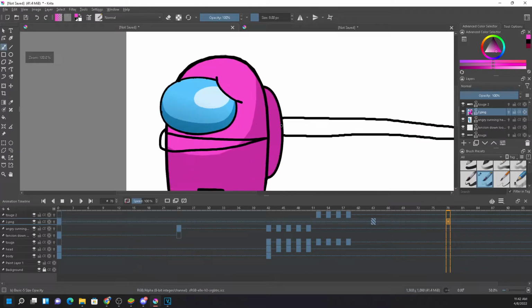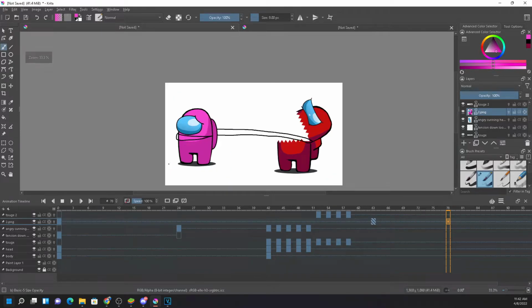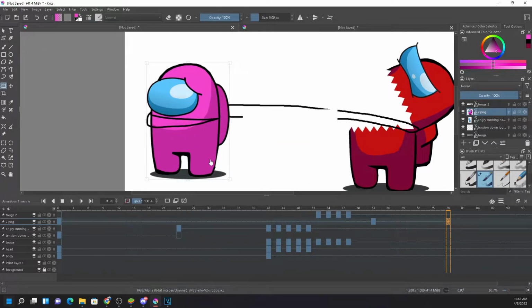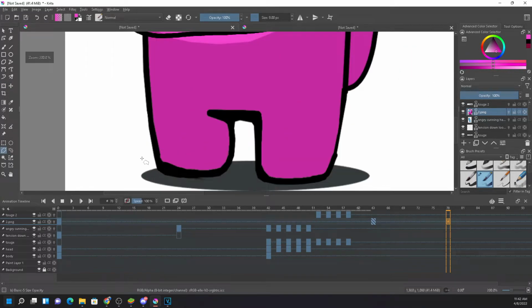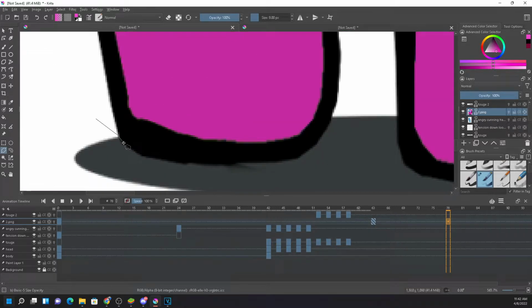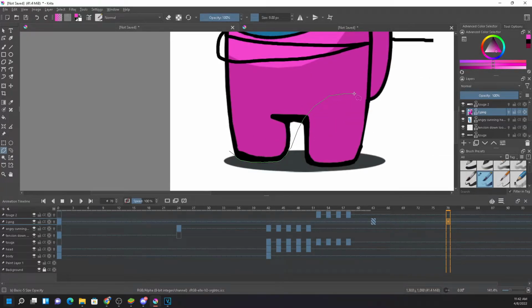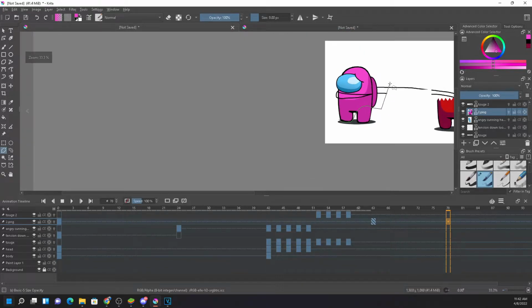if I move the tongue, you can see right now, I need to move this. You can see that I need to delete the shadow. So what should I do? I'm gonna go over there. It will come a little backwards. So I'm selecting only this part, because I just want to move this part. So that's why I'm selecting this part.